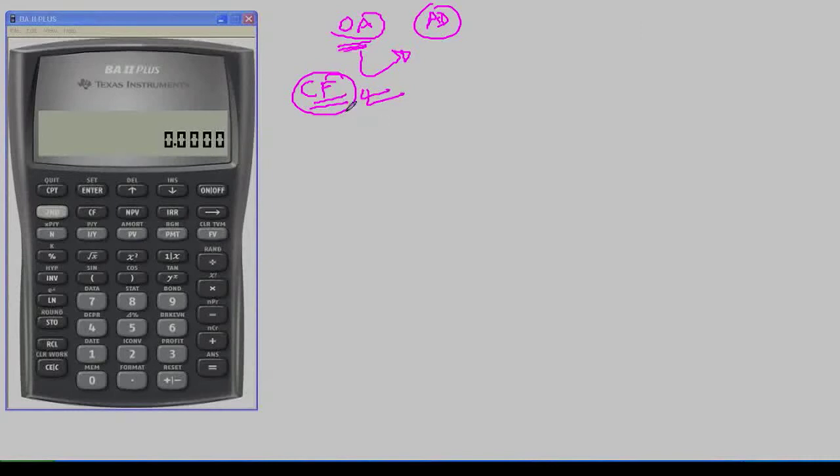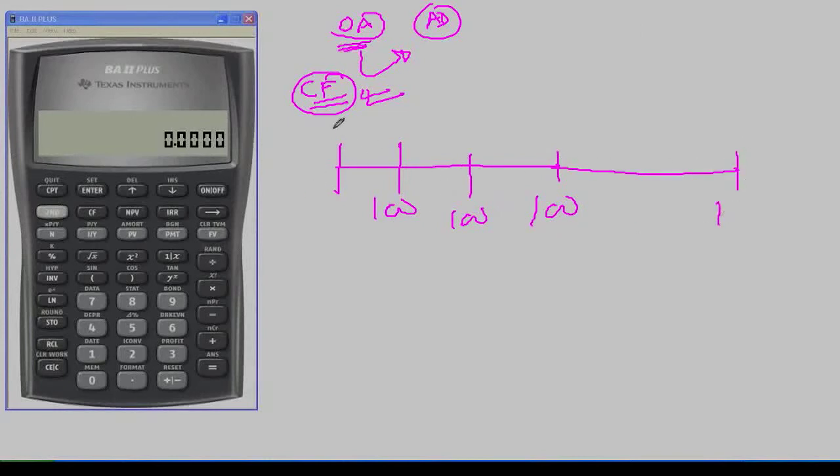Before that, there are certain problems which require you to have an understanding of the shift in the timeline. So think about this. You are investing 100 rupees. You have invested for 3 years, but you want to withdraw at the end of 10 years. Getting the idea? 0, 1, 2, 3. You have invested only for 3 years, but you want to withdraw at the end of 10 years. I want to know what will be the amount that you will get.